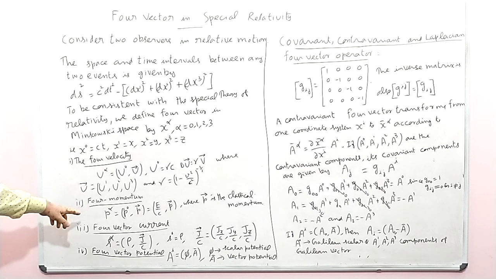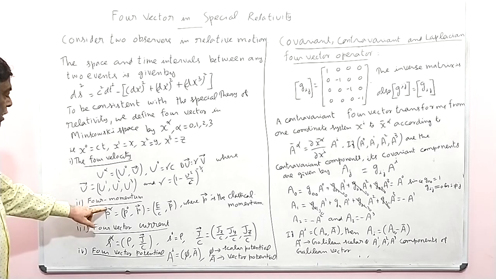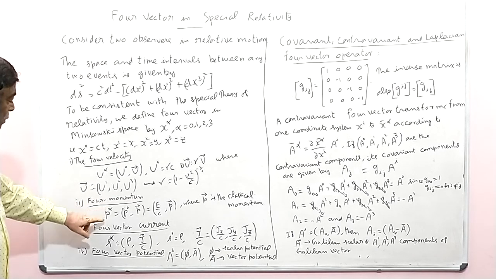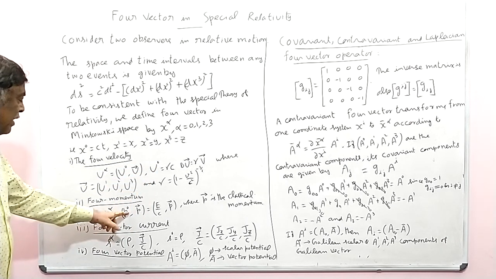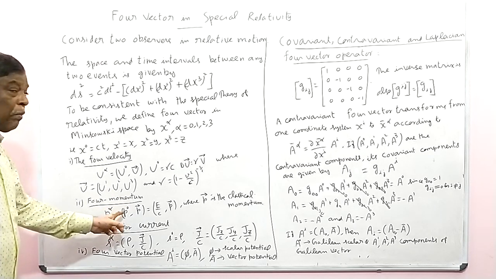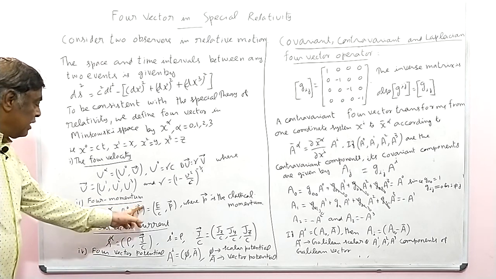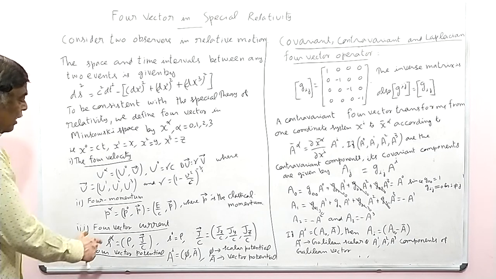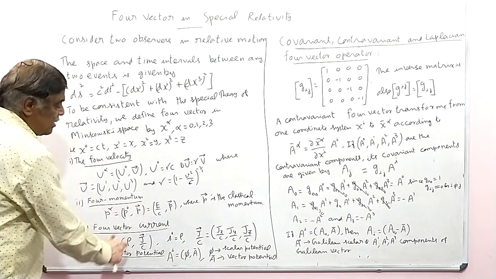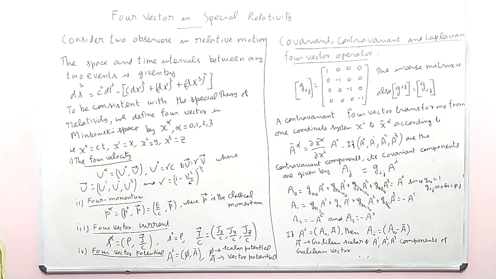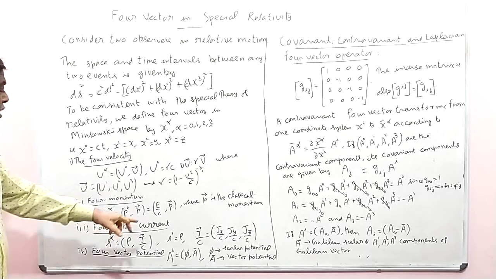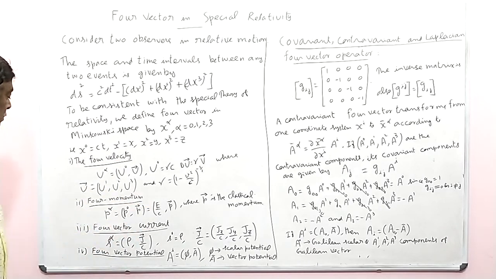The four momentum is defined by p, the contravariant index alpha, p alpha. Alpha runs from 0 to 3, so p0 is written separately, and the remaining p1, p2, p3 is written as the p vector. p0 is E by c, energy by c, and this p vector is the classical momentum. So it has px, py and pz. There are three values here, and with p0 there are four components in the four momentum.